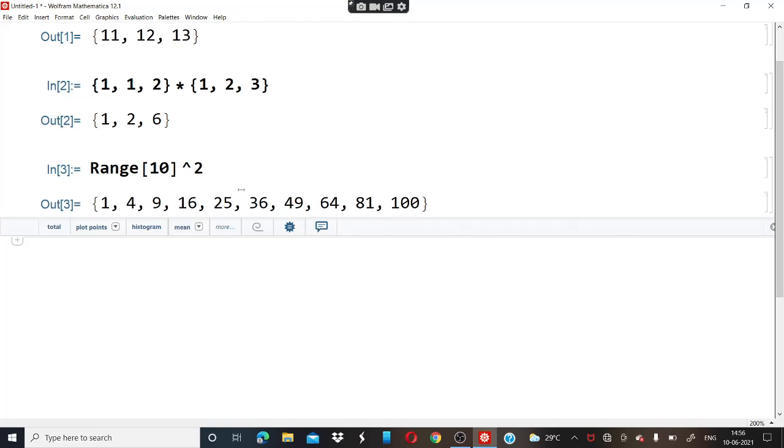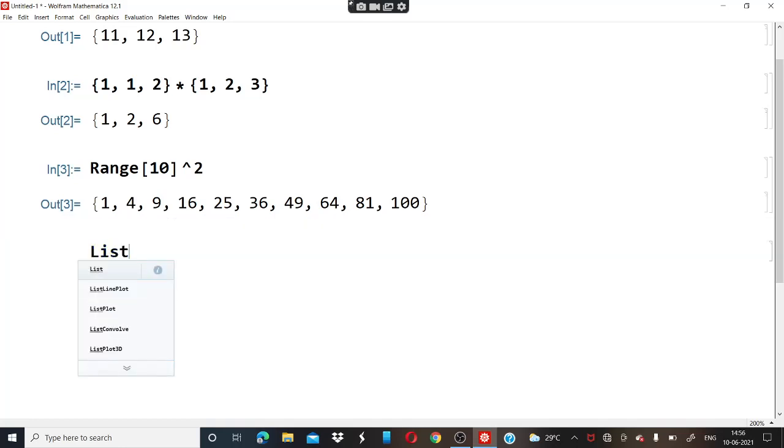So in this way, if we want the squares of numbers and if they are continuous numbers, then we will just write the range and we will use the power form. Now, if we want to plot the first 20 squares, what we are going to do is, to plot, we generally use ListPlot, and after that we want the squares of Range of 20.